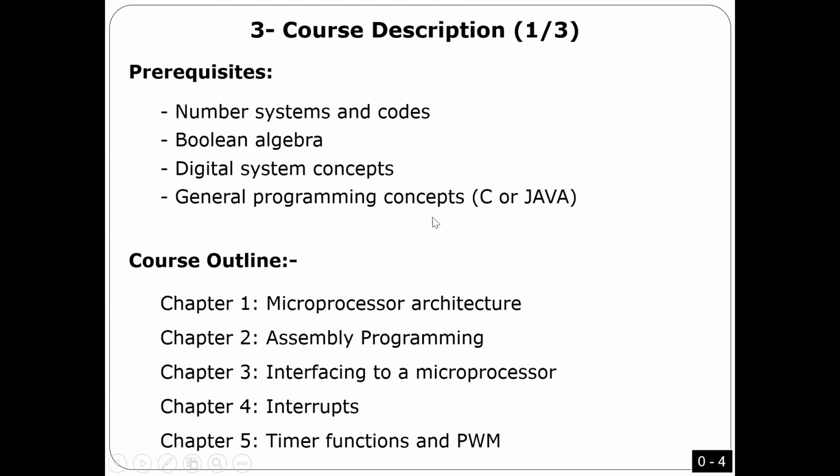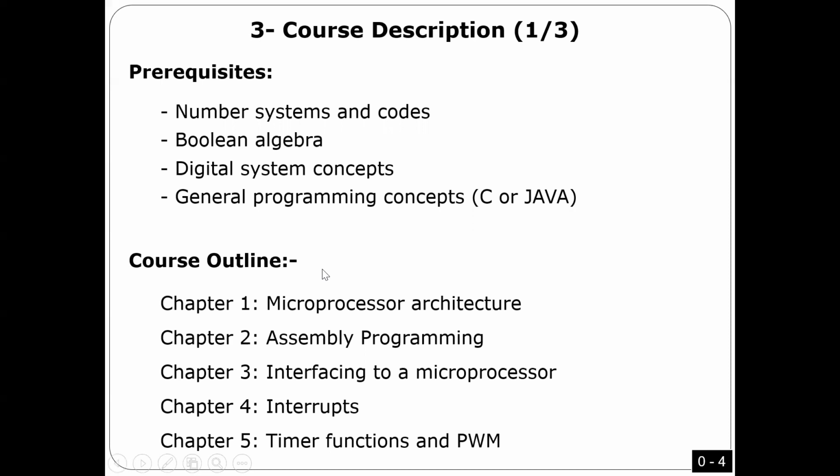For programming, you should know some programming concepts, okay? What I mean by concepts is something like a for loop. You should know what a for loop means, okay? This is a basic programming concept. I know some students at first told me they don't like programming. So I want to tell you, don't worry. In this course, you are not going to have extensive programming, okay? So I hope it will be easy, okay?